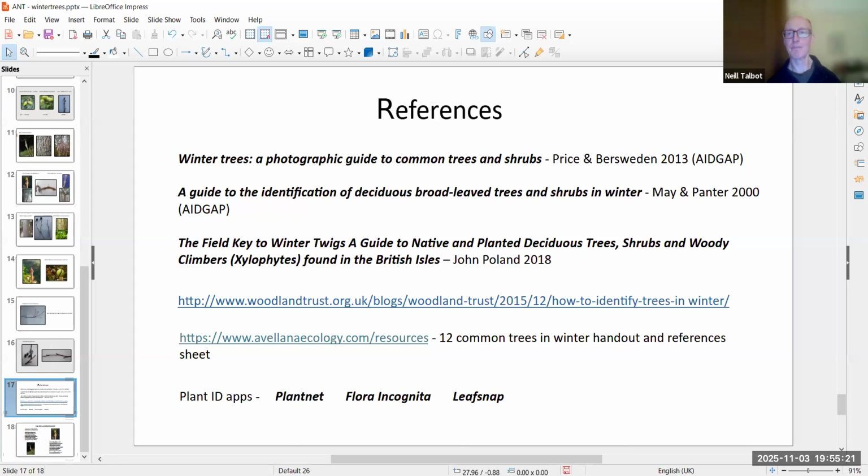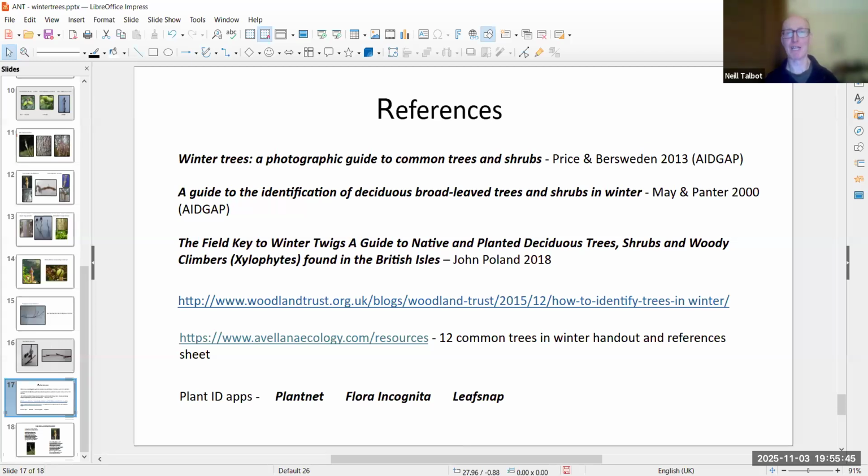So have you got any tips for helping to identify dormant whips? Because obviously we don't have the bark of the mature tree and the overall shape of the crown when we're dealing with that. Yeah, I think the best thing to do is to learn the buds,